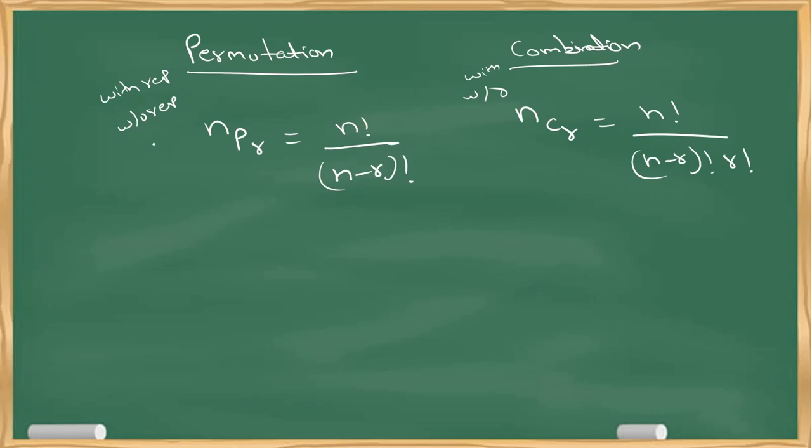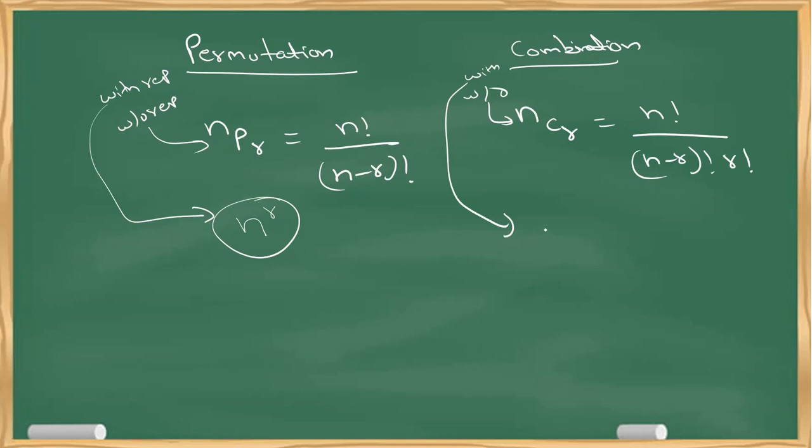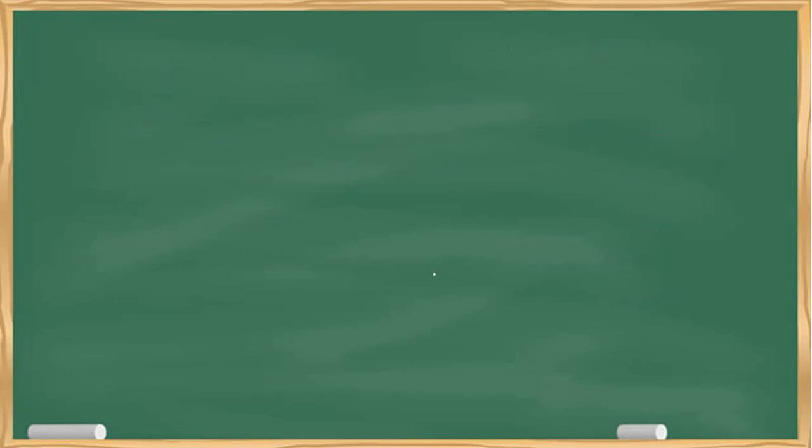So permutation without repetition, this formula is applicable, whereas permutation with repetition we use as n power r. Similarly, combination without repetition, this formula is applicable, and combination with repetition we write it as n plus r minus 1 factorial by r factorial into n minus 1 factorial. So we do not have to worry much about this, because we are going to solve almost every problem using a basic rule which is called counting rule.